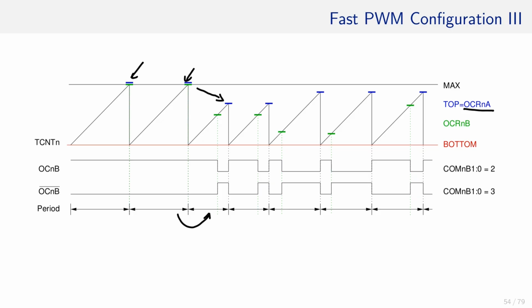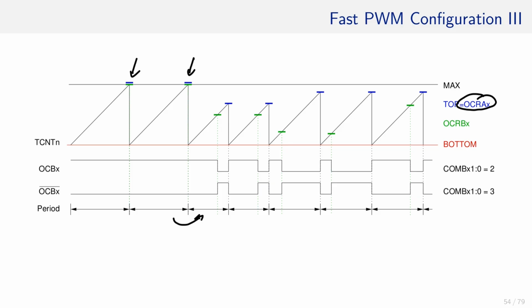So we combined CTC configuring the period length and PWM determining the duty cycle. That's all I have about the fast PWM. In the following exercises, you have to use PWM to make the LED blink without using the delay_ms function. Have fun, and I will see you in a bit in the next session about another PWM mode, the phase